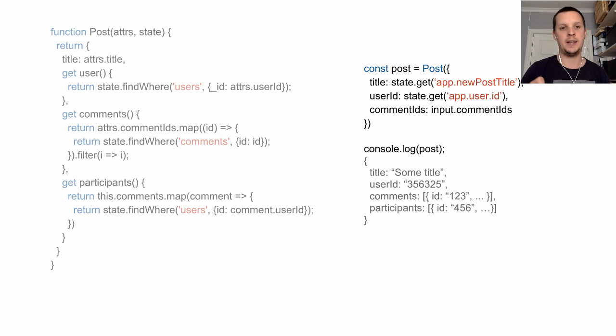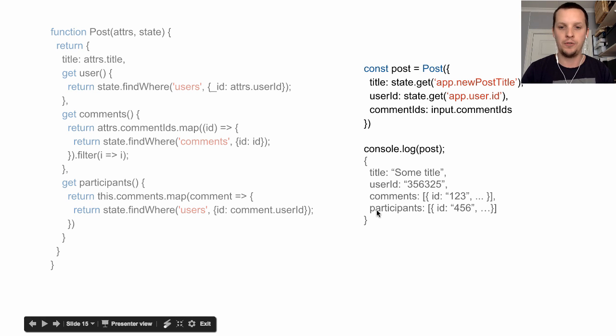Now the point here is that these are not methods. We are not calling methods. We are accessing properties. So when we call this post constructor, and by the way, I have to say thanks to Brian for bringing this up. I would never have come up with this myself. But he was asking, can I do something like this with a new state tree? And yes, you definitely can. But the point here is that when you call this constructor, you get a normal object back. So as we can see here, when we console log it,